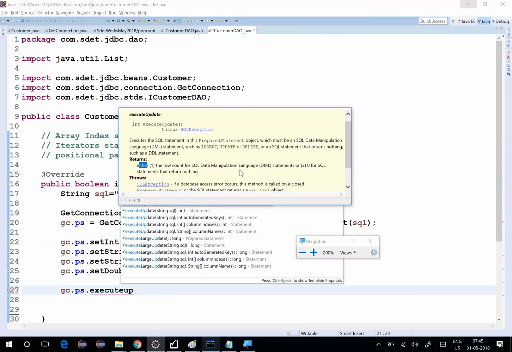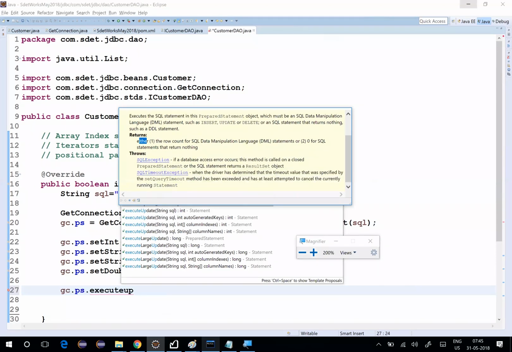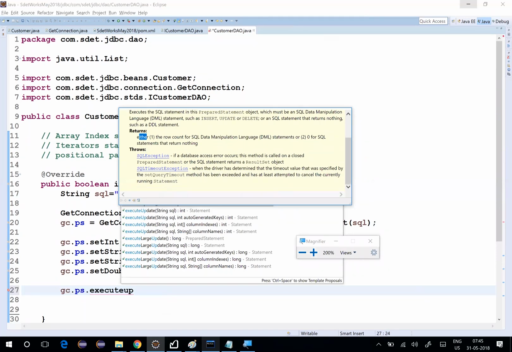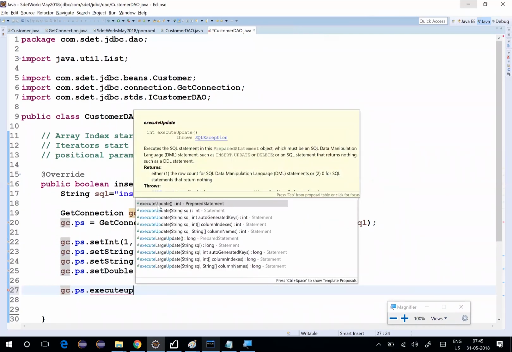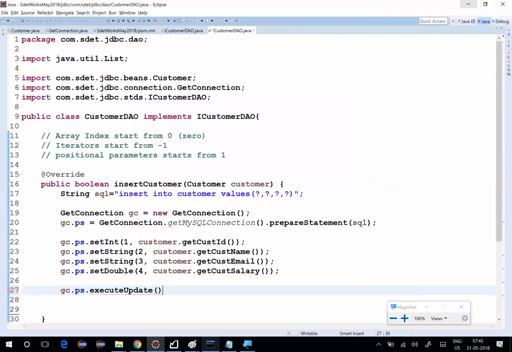Right? It may also give an exception, which is called SQL exception, and it will also give you a timeout exception in case the system gets slower than expected. So the whole idea here is that when I do the job, it will give you an acknowledgement of an integer once the job is successfully done or not. So now what I do is I'll store this in a variable, int